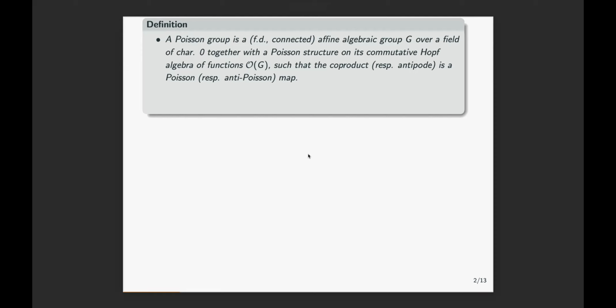Together with a Poisson structure that is multiplicative, in the sense that the multiplication of the group is a Poisson variety, essentially. And quantization of a Poisson group is a quantization of the underlying Poisson variety, which is also a deformation of the Hopf algebra of functions on the group. So somehow you want to deform the Poisson structure while keeping some kind of compatibility with the multiplication. In the perfect world, you would like to keep the same product. It doesn't work in general. So we have to deform.